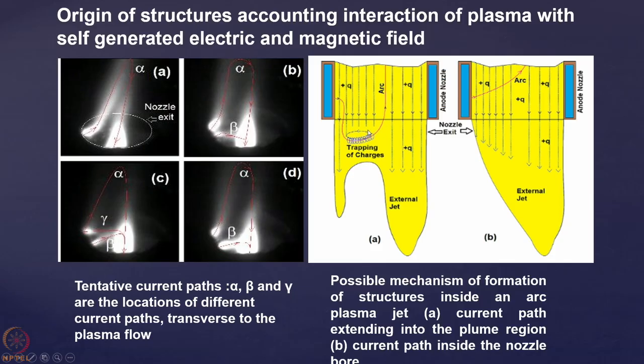The current is passing through this region, so it will be producing a magnetic field. Now whenever there is a magnetic field, the moment the charged particle tries to cross this region, what will happen? They will get trapped by the magnetic field. So half of the nozzle space is containing the current path, and the other half is not having any current path. So the part of the nozzle which is having the current path, they are posing some obstruction